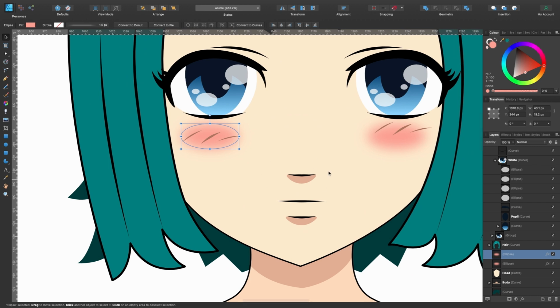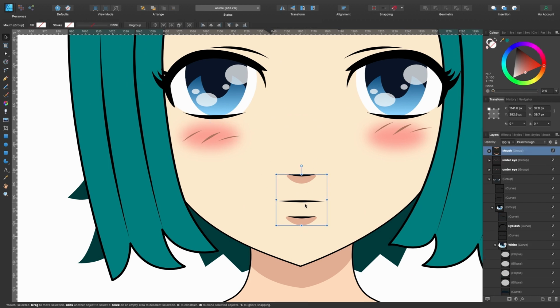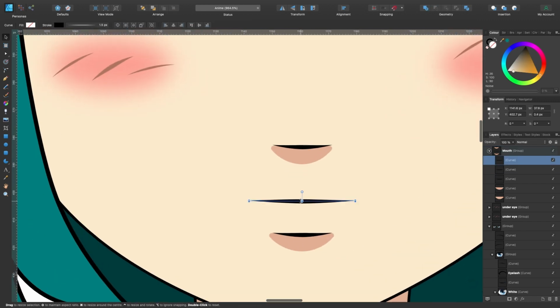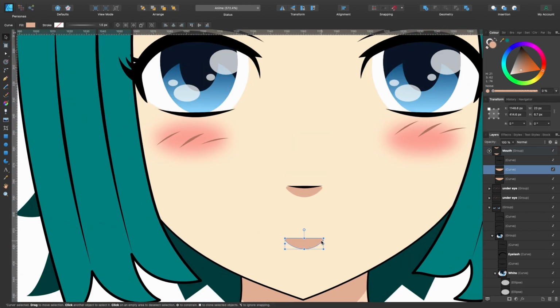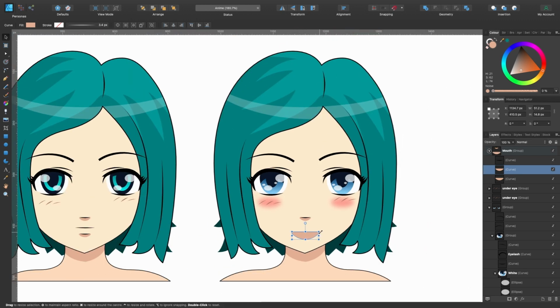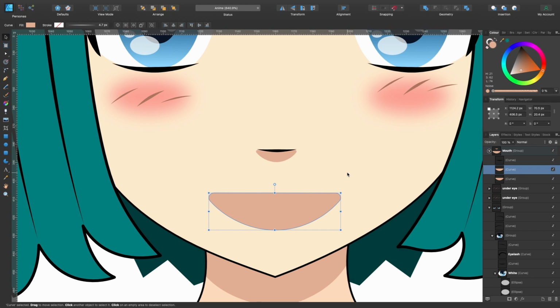So right now, this is the nose, this is the mouth, and this is the bottom of the lips, I guess. I'm going to delete the mouth, and I'm going to delete this top bit, and this bit here will be our new mouth. So we'll just make it bigger. Keeping your finger on Command and Shift, I'm going to bring it up a bit, maybe a little bit more than that. And I'm just going to make this slightly darker, something like that.